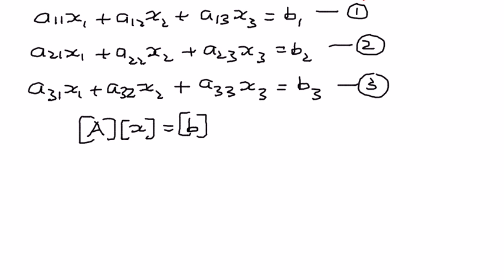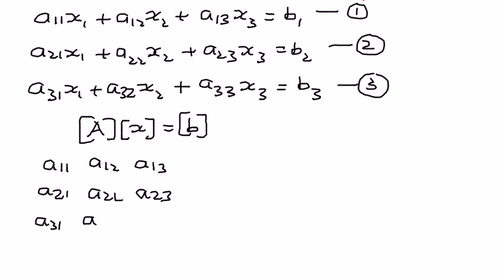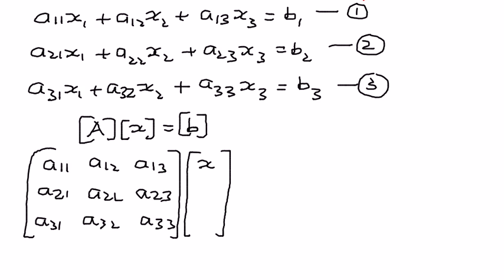So if we were to put all the coefficient terms together, A11, A12, A13, A21, A22, A23, and then A31, A32, A33, that is the matrix A, and the variable terms here are x1,